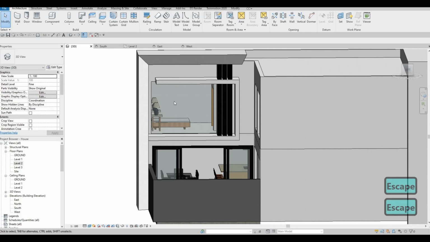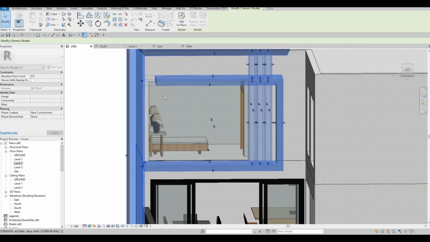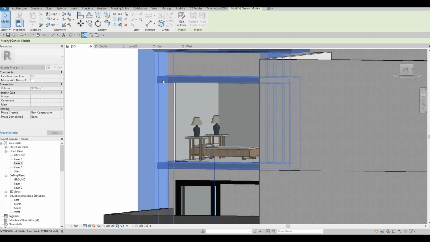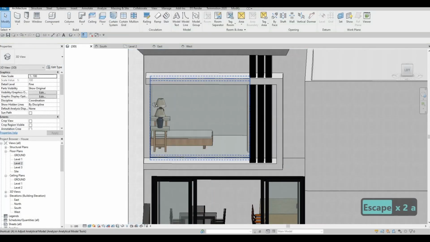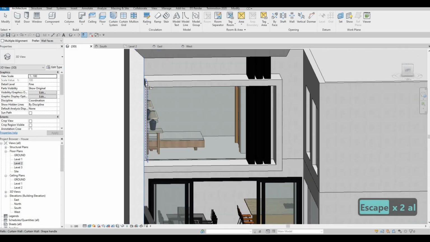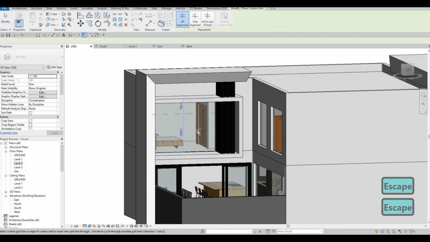There we go, extended. And here we could just move this one all the way. I'm going to align it right there, and then add